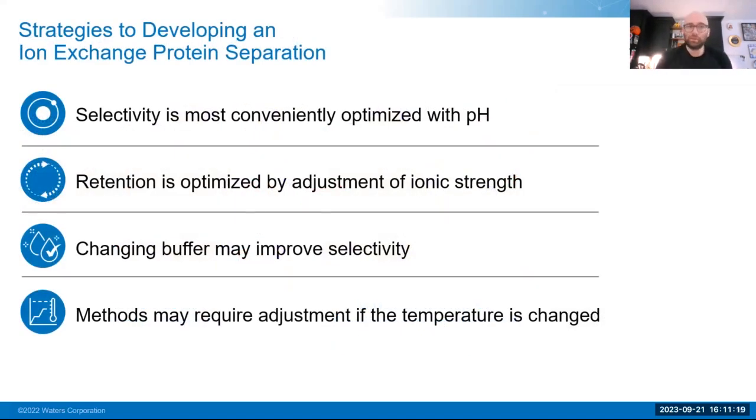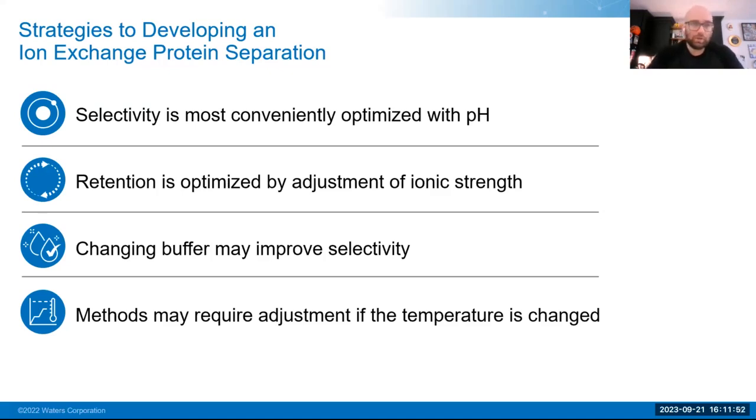So again, the basic principles that we discussed in the beginning is the idea that we're simply separating based off of the ability of the protein itself to interact with the ion exchanger, and then modifying mobile phases through specific ionic strength or even pH. But what we want to discuss is some of the basic ideas behind actual method development for an ion exchange separation. So the concept is very simple. We're actually having some charge-charge interactions, and then eluting based off of either modifying pH or ionic strength.